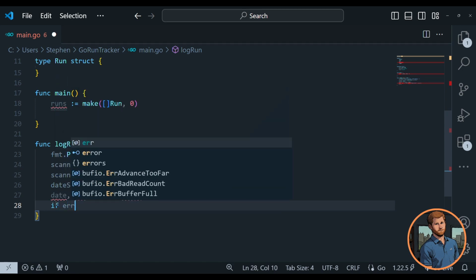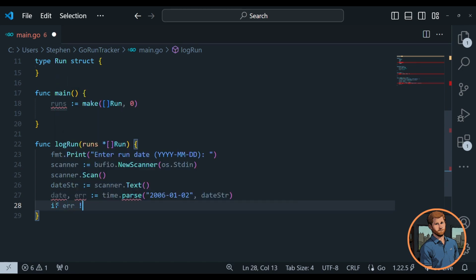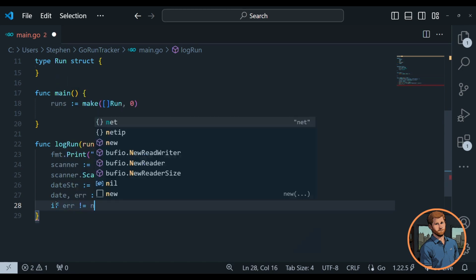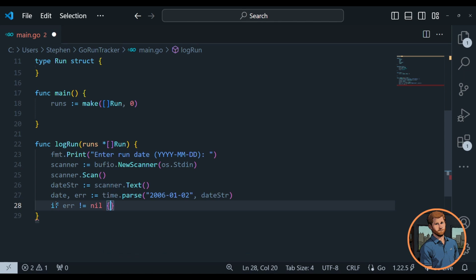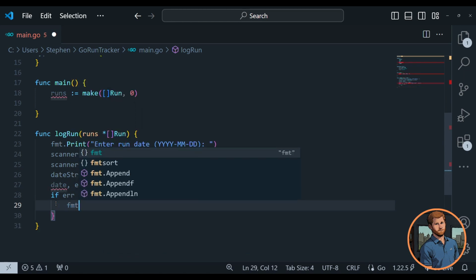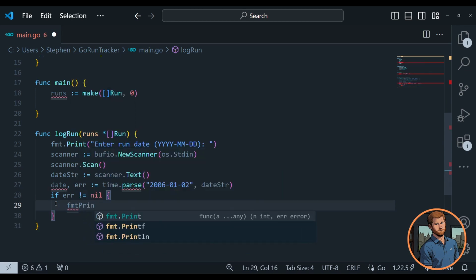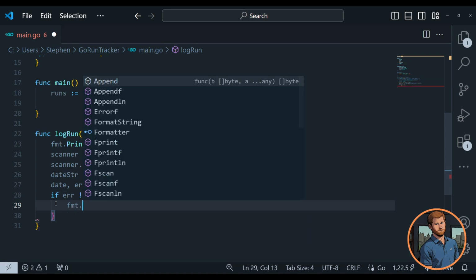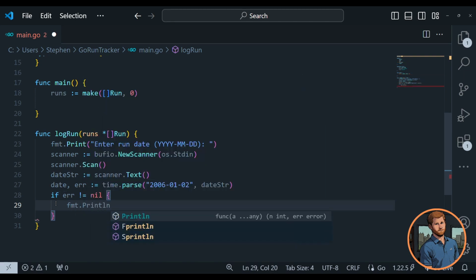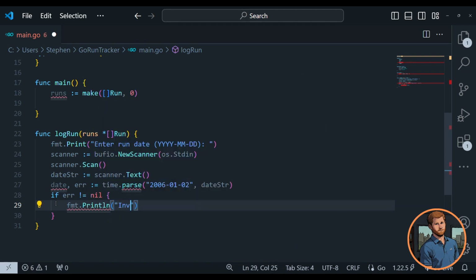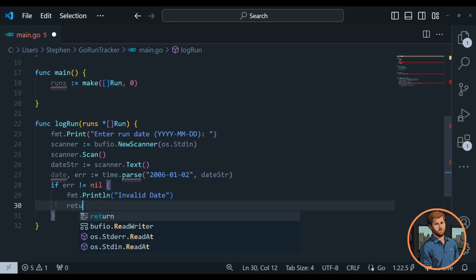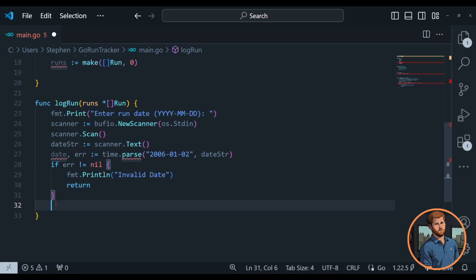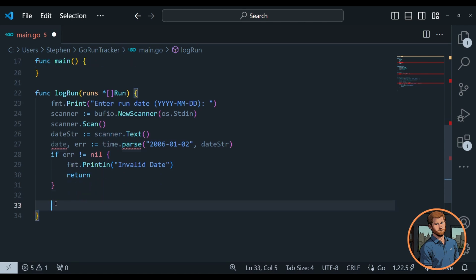And we'll say if there's an error. So if error does not equal nil, we want to say Println invalid date. Excellent, and then we're done. Out of the function. Now, if there isn't an error,